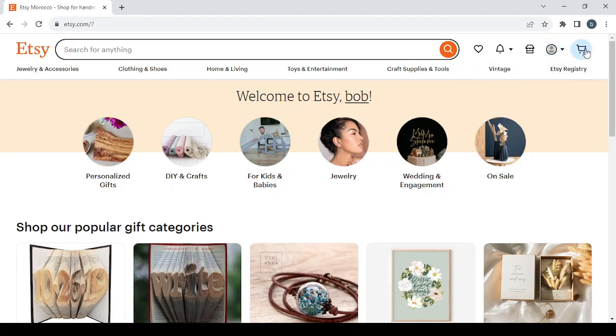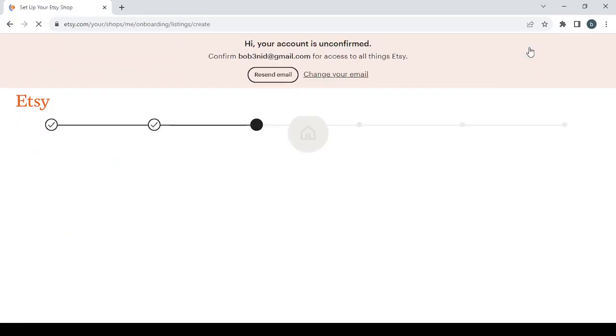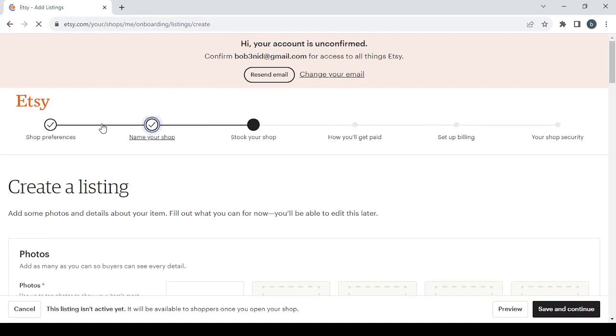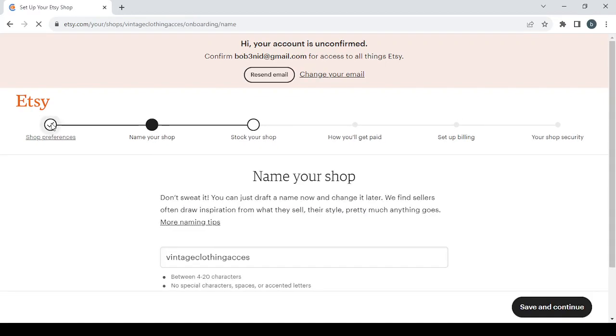Then you have the basket. It's where you can check the products that you saved or that you took to your cart. So the button that is very important in these 5 is the shop manager. It's where you can set your shop for selling your product. So let's start from the beginning,